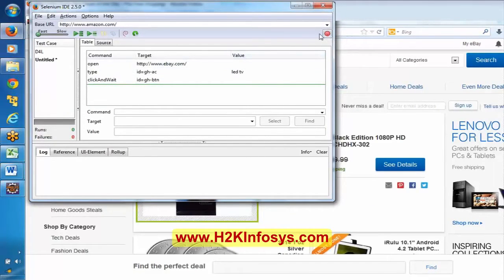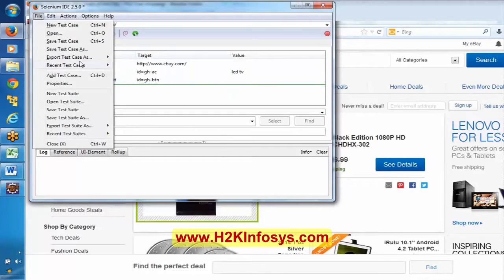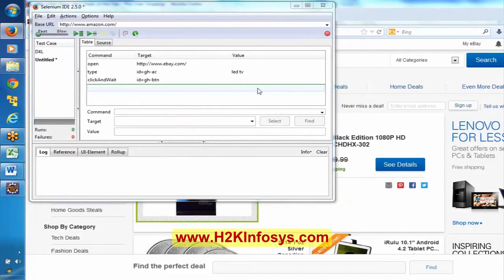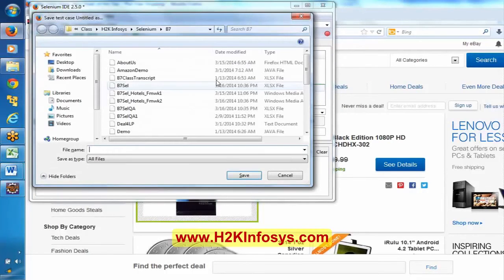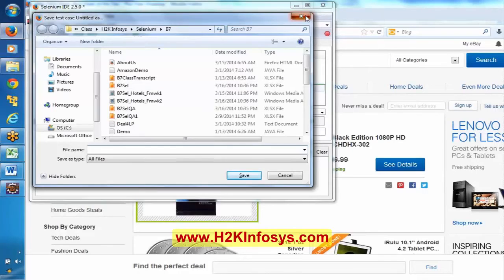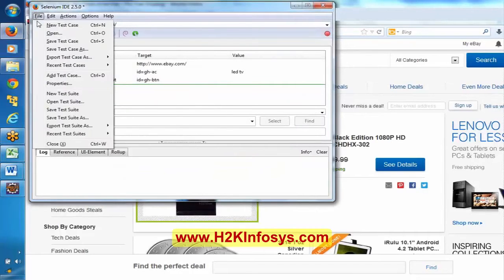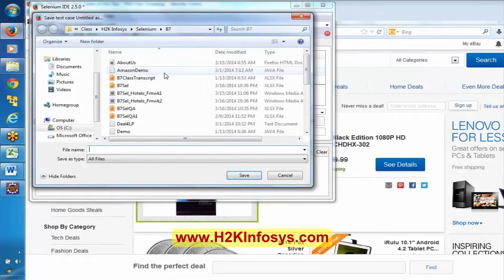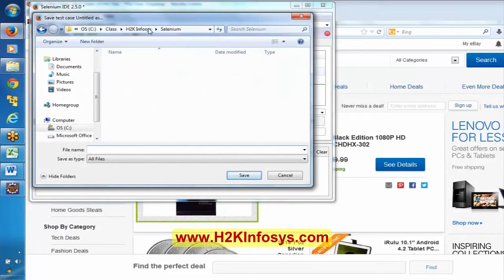Now let me stop the recording. It did not record that. It's okay. Now I have recorded some script here. Everyone observe here. I am exporting this test case as Java JUnit 4 WebDriver, and I'm exporting to our B8 folder.